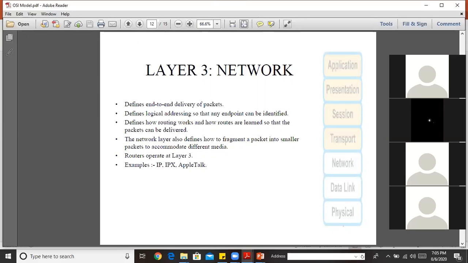Then the network layer defines routing. This is where you are going to learn about the routing protocols. Any idea how many routing protocols you know? Is that like OSPF and stuff like that? Yes, that's the